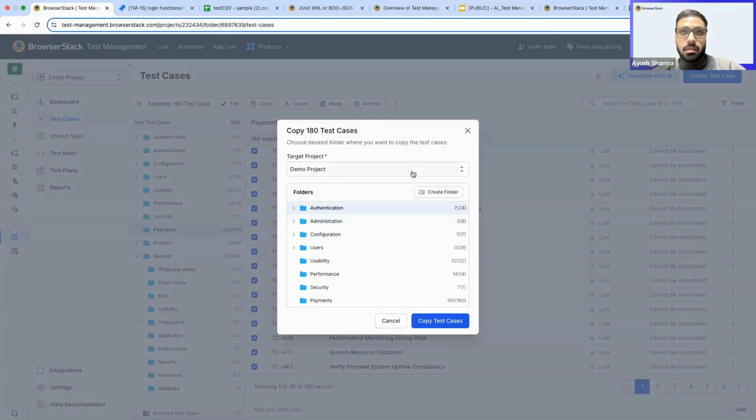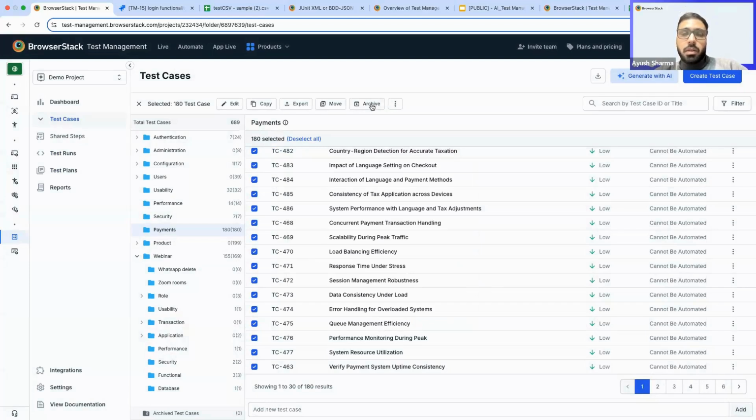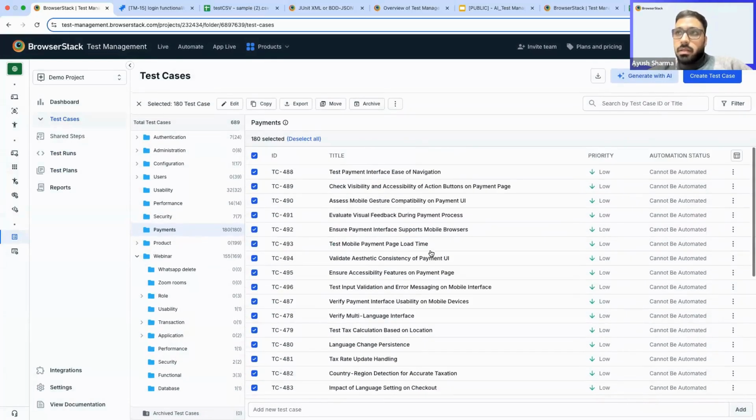I can just select the project I would want to transfer it to, and then click on copy test cases. So the process will start. We do have a capability of archival as well as deletion of test cases. Next,